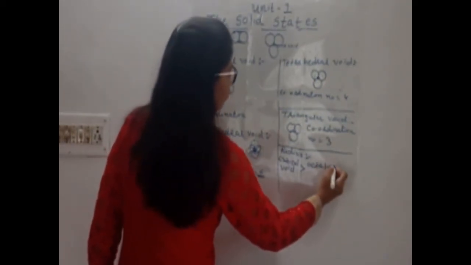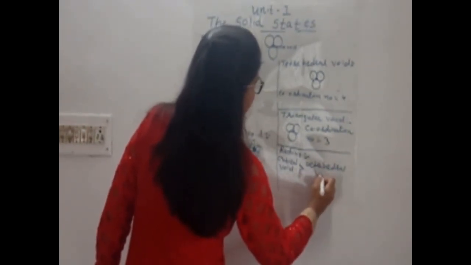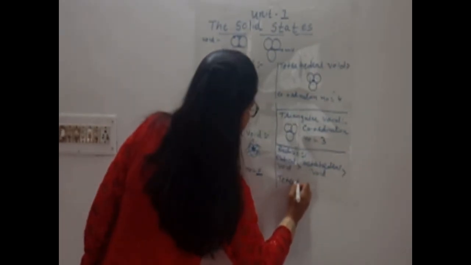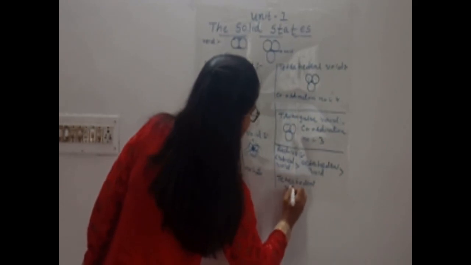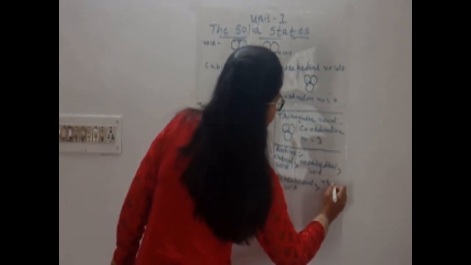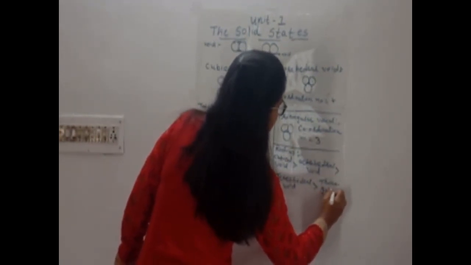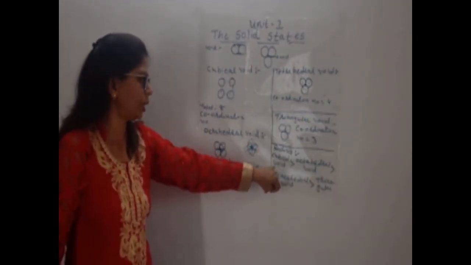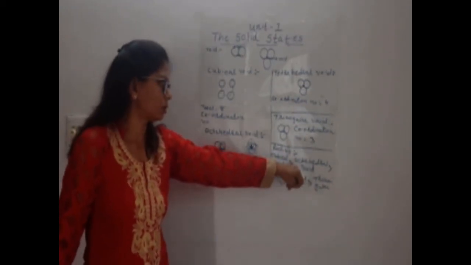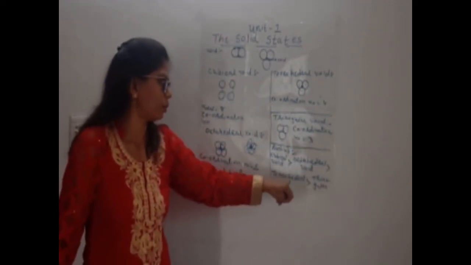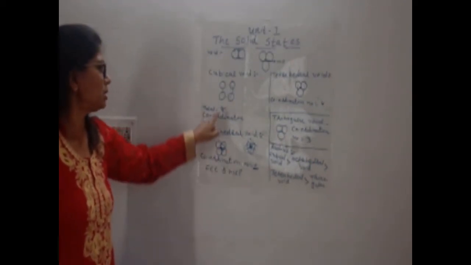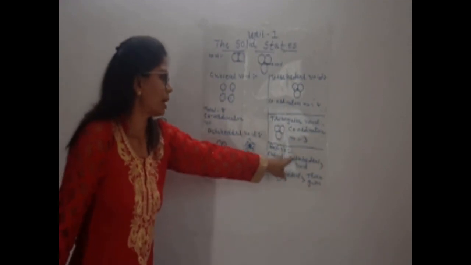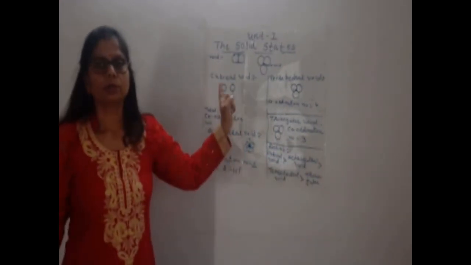Radius of the cubical void, octahedral void, we are comparing tetrahedral void, and lastly triangular void. On which basis will we classify the radius? Whatever I have written, the cubical void radius is greater than the octahedral, which is greater than the tetrahedral, and tetrahedral void radius is greater than the triangular. So on the basis of coordination number, I have mentioned over here the cubical void, octahedral void greater than tetrahedral, than triangular. So this question can also be asked.